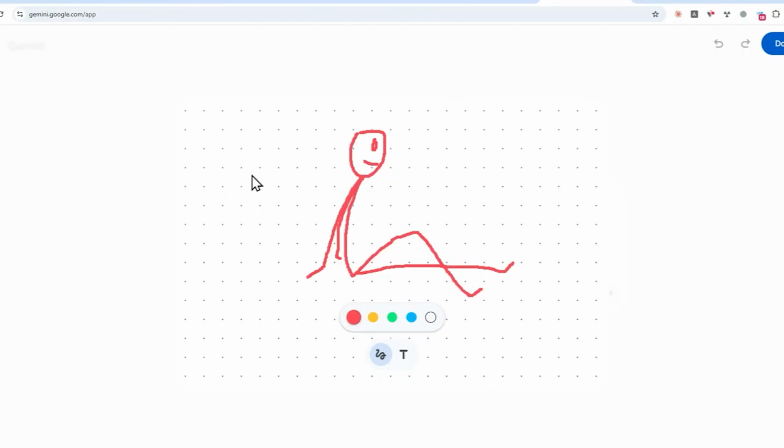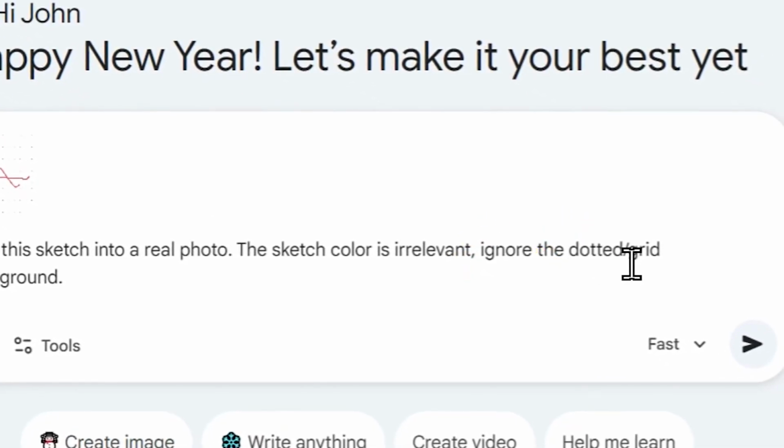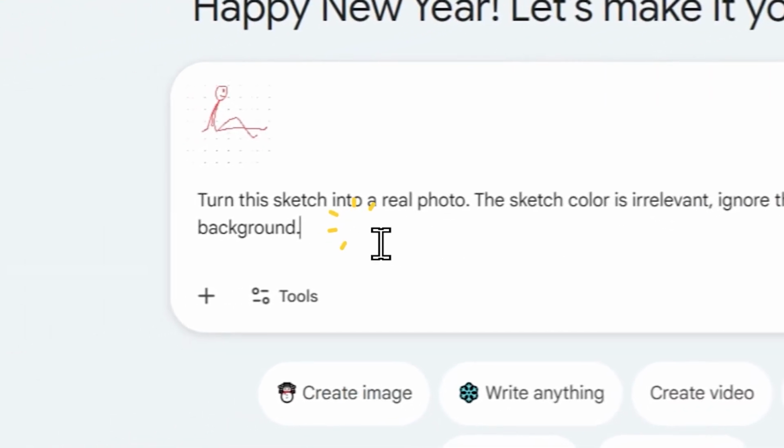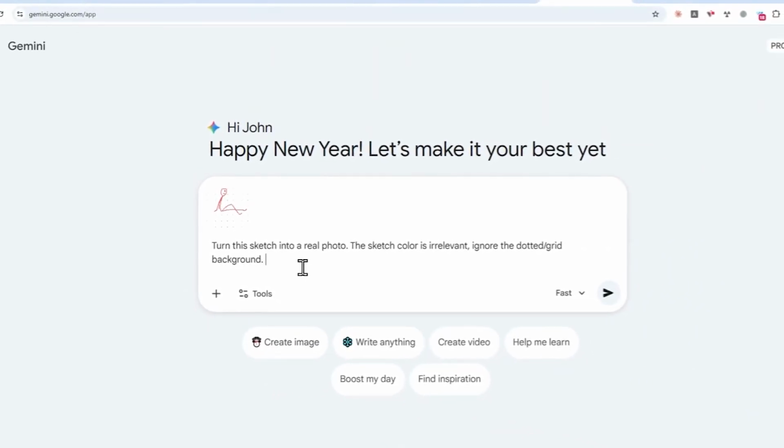And also sometimes it is actually incorporating the background line, so that can happen. That's why I added that line where it needs to ignore the dotted or grid background. So of course you can customize the prompt. In this case, I want to tell AI that I prefer the look to be a bit more cinematic,